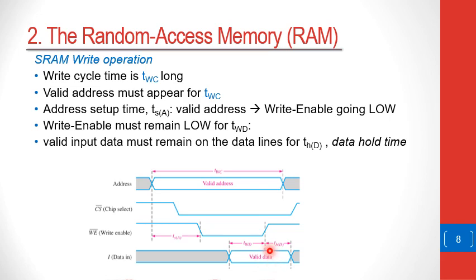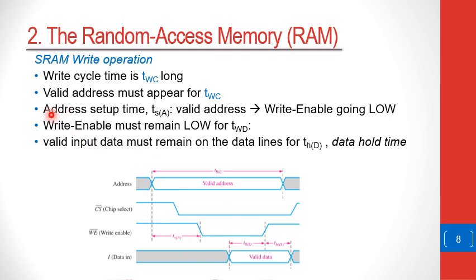And then there will be a duration of time whereby valid data has to remain on the data bus, and that time is called THD. So the durations that make up TWC would be, the first one here is